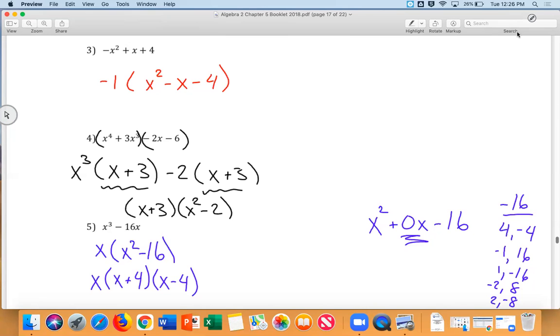All right. Now, I want you guys to pay attention to this. What did I do? I focused on that last term, that constant term, that negative 16. And I looked at the factors of negative 16. The one I chose was 4 and negative 4 because they added to give me that middle term. Even though it wasn't there, it was because it was 0. There was no middle term. So in 5-5,